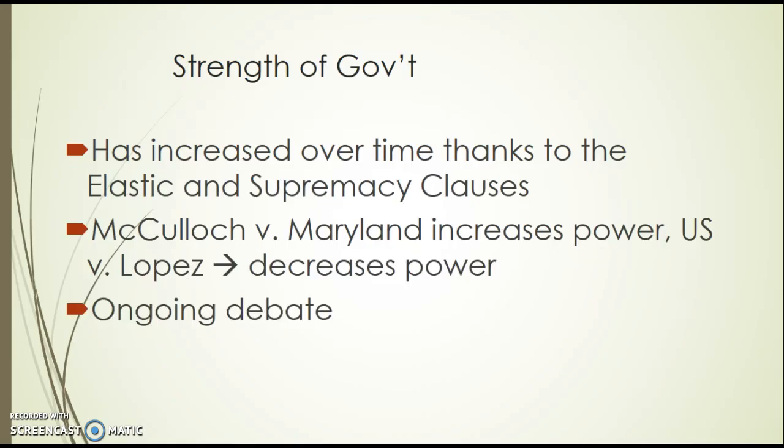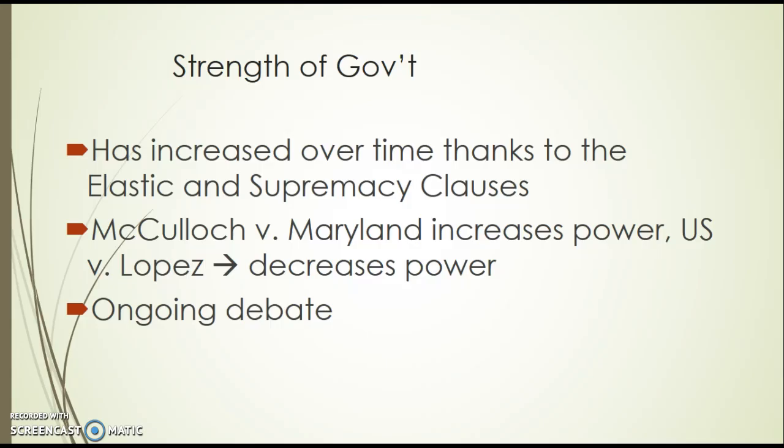This has increased over time thanks to the Elastic Clause, the Supremacy Clause, and don't also forget about the Commerce Clause. But one of the earliest cases that's going to establish the strength of the national government is going to be McCulloch v. Maryland, which is when Maryland tries to tax the National Bank, and the National Bank is going to fight back in McCulloch v. Maryland, and it's going to basically say, thanks to the Supremacy Clause as well as the Elastic Clause, this is going to be needed, and this is going to substantially increase the amount of power the national government has over